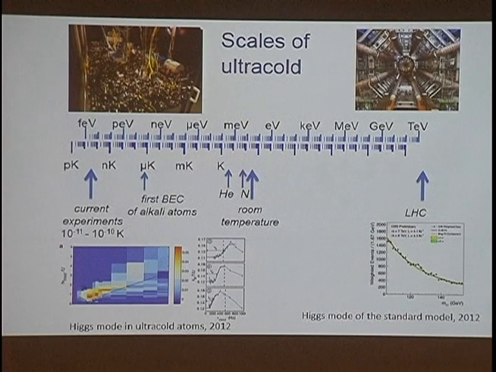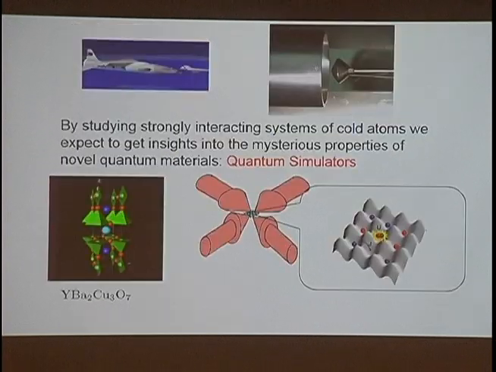What I find particularly interesting is that in order to see the Higgs excitation at LHC, experiments were done at energy scales which were 12 orders of magnitude larger than room temperature. And experiments in Munich were done at temperatures which are 12 orders of magnitude smaller than room temperature. So we have 24 orders of magnitude difference in energy scales, but it's really the same underlying physics. What is also appealing is that we have a large degree of tunability, say the energy of the Higgs resonance can be continuously tuned to 0. So this is obviously what motivated